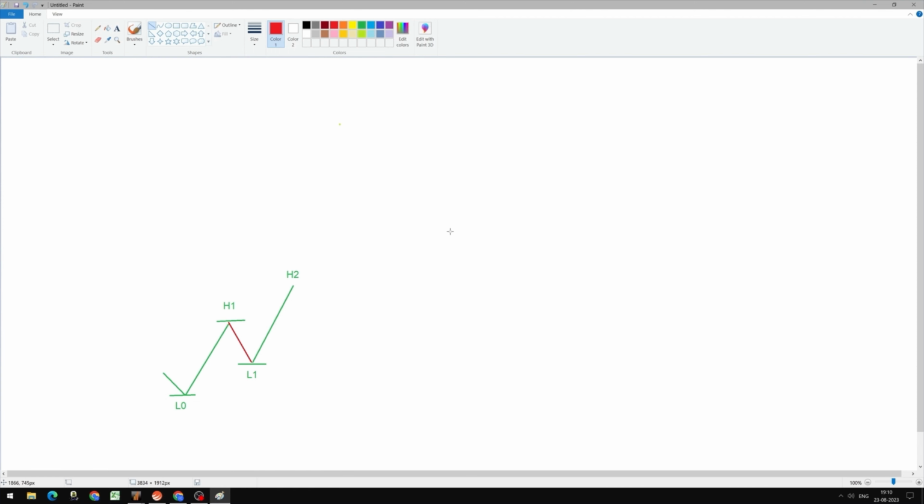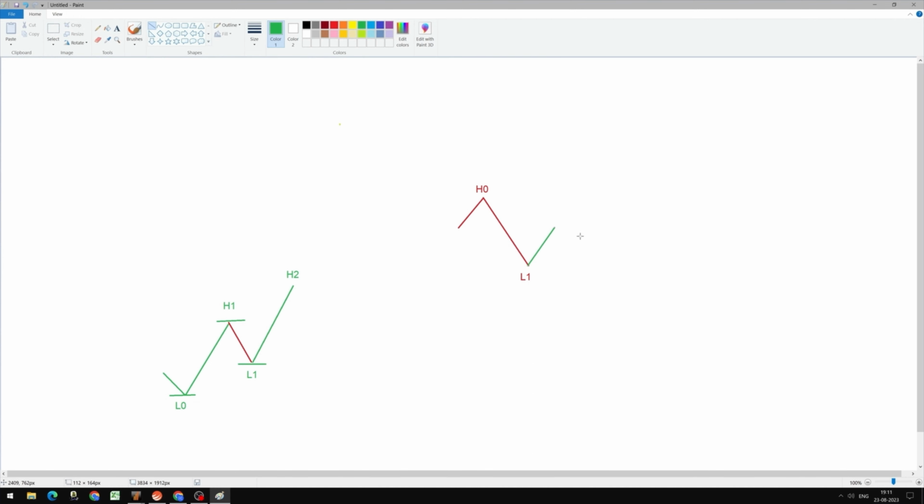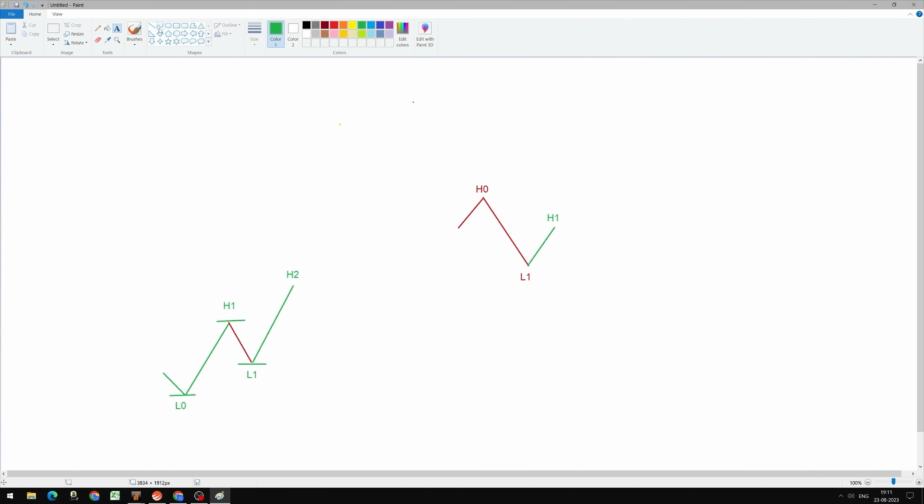Now the same pattern could also be seen in a downward trend, which means that prices are rising and then they start to fall. The point from where they start to fall, we would call H0. That is the highest point. We then fall to the first low, which is L1. Subsequent to that, we might find prices moving up to a level which is lower than H0. So we get the first lower high, and we call that H1. And then from there, we continue down